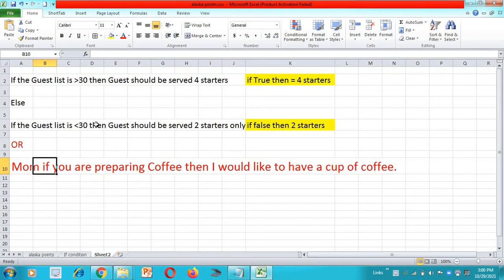Suppose we are planning a birthday party, and depending on the number of guests, we want to plan the type of starters. Suppose the condition is: if the guest list is greater than 30, then guests should be served 4 starters. That means if the condition is true, guests should be served 4 starters.